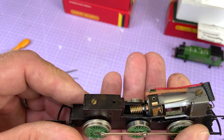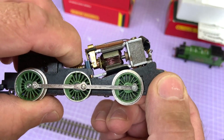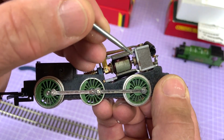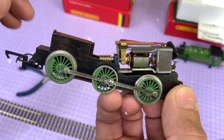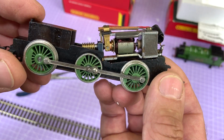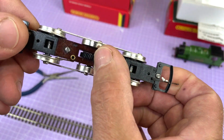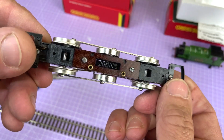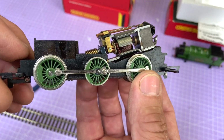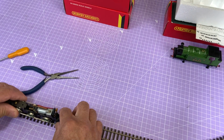and here we have a great example of an X04 that I was perhaps talking about in my last video. No felt pads visible at all on the bearings. So if you look at the rear bearing and the front bearing behind that clip, there's no felt. So this is a good sign that it's a later X04, still with the normal type of brass worm and gear, with the closer gear teeth, not the plastic worm that we see on the later ones. Maybe we'll see one of those in a minute or two on another version of this, but a really clean chassis. So I'm just going to pop it down on the test track here and